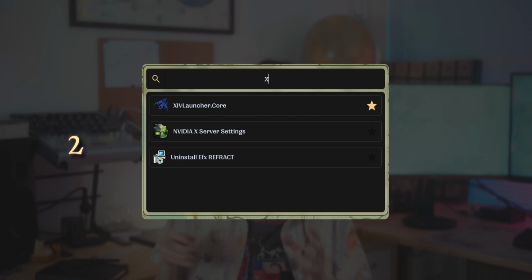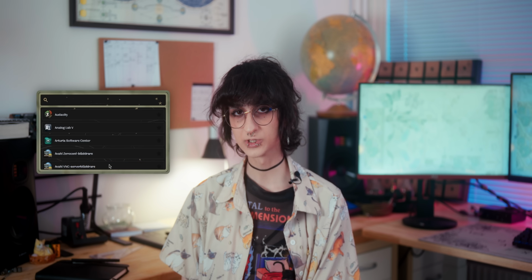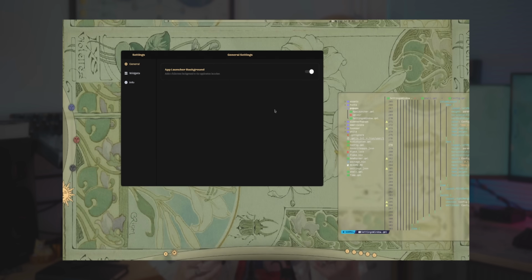After the sidebar menus were created, I started working on the application launcher. It's the last core piece of this entire puzzle. With the application launcher, you'll be able to search for applications, favorite them, and of course launch them. I wanted to make it look non-obtrusive, but also very easy to use and still in line with the theme. I added some additional features such as blurring the background, which you can disable in the settings menu, which I'll